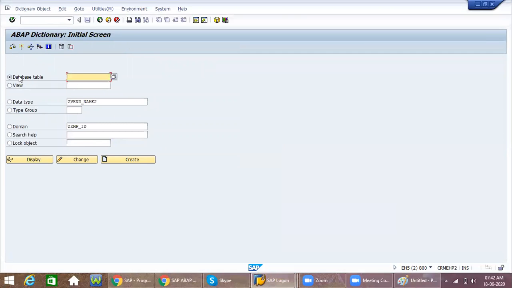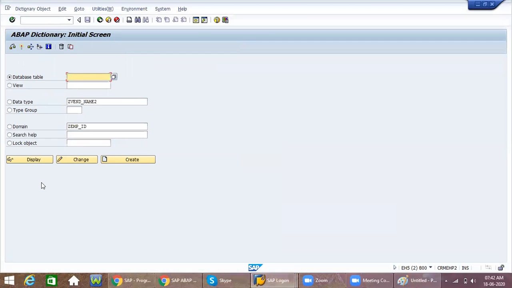See, in the first data button there is the database table. Put side heading database table. Definition, you can write it.